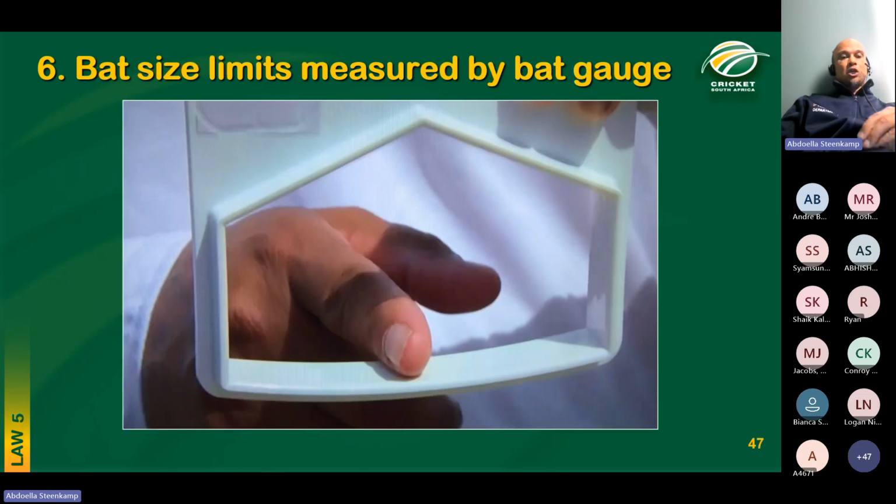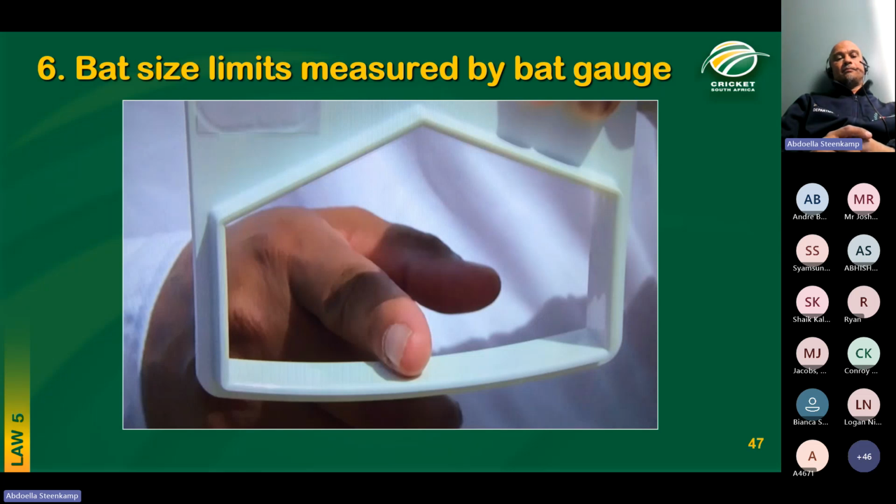Here's an example of a bat gauge. So what will happen? Let's use Test match cricket as an example. The fourth umpire will do equipment inspections. So the fourth umpire will, with his or her bat gauge, go